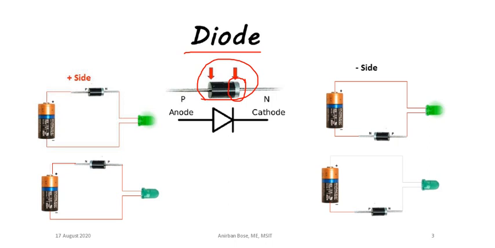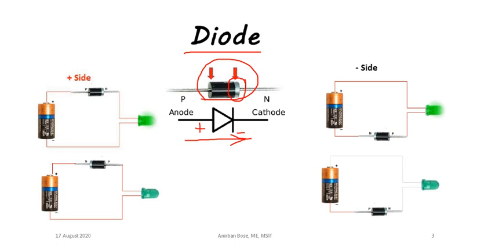That means, remember, that end you have to connect with the negative end of the power source, or to the ground, and the other end you have to connect with the positive end of the power source. This is the way by which, if you connect a diode, current will flow through the diode in this direction, and the diode is said to be in a forward biased condition.